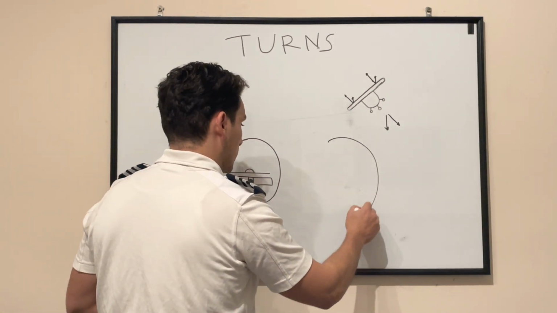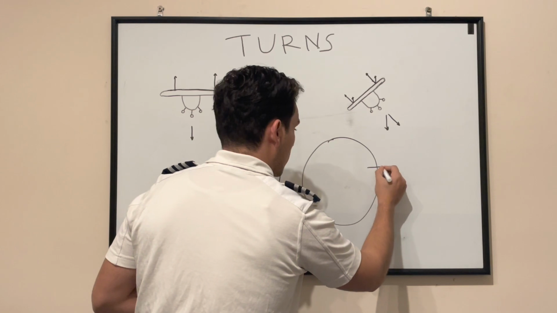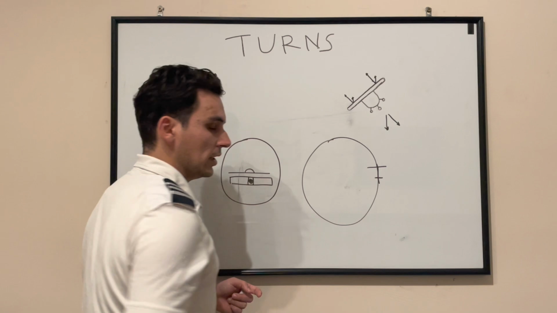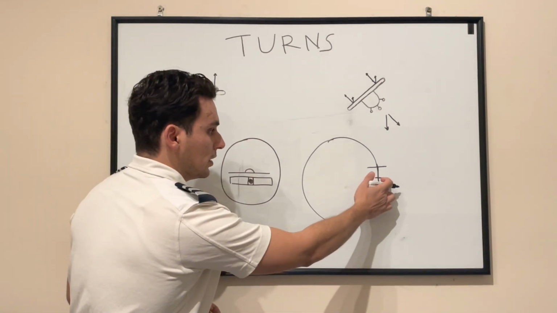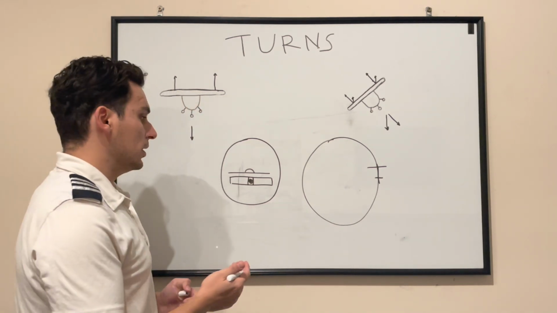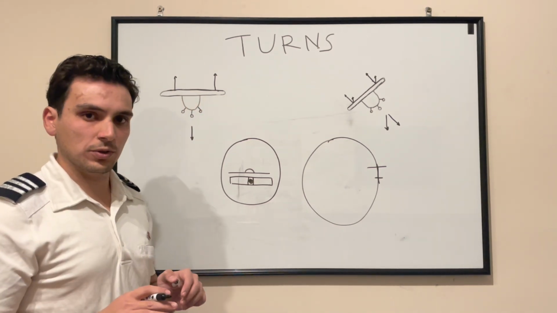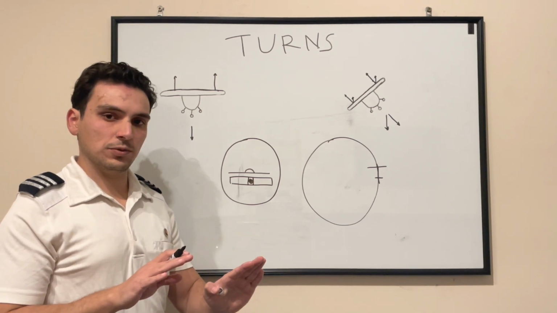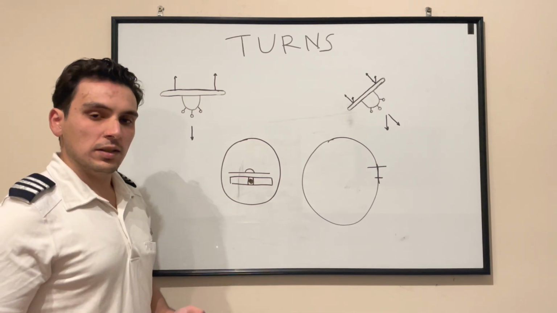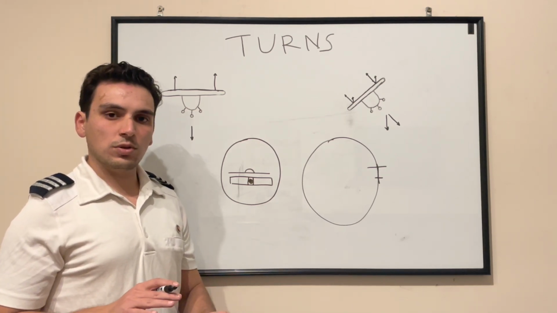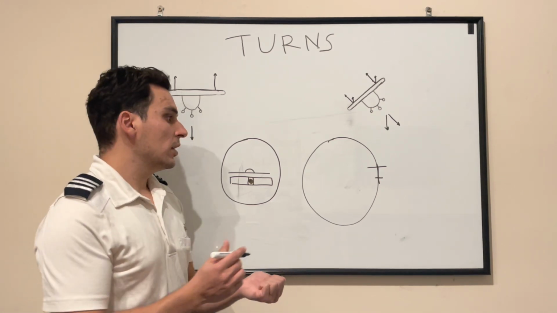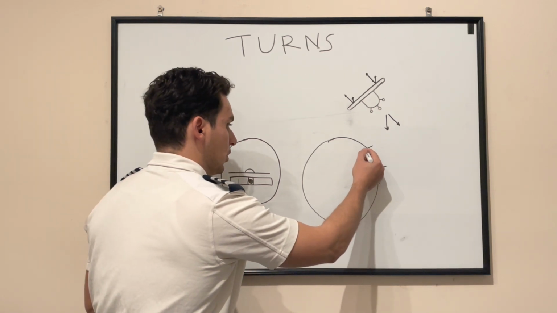When we're making a circle, here is the nose and here is the tail. We would like to have the tail directly behind the nose. We have to use a proper amount of yoke and a proper amount of rudder together, and it will be the coordinated turn. But let's say I forgot to use the proper amount of rudder and I just use the aileron to turn. The aircraft nose will be outside of the turn,